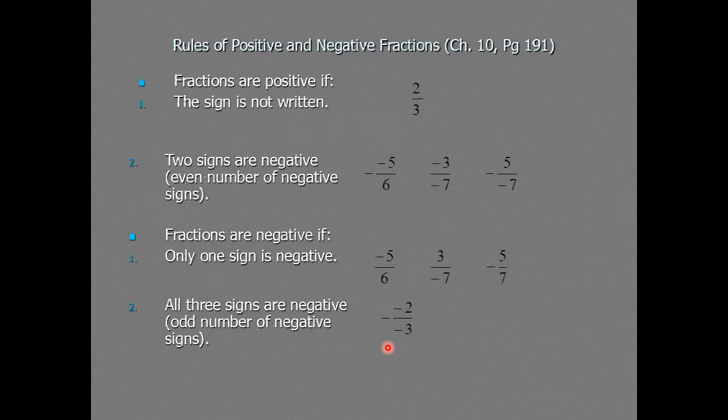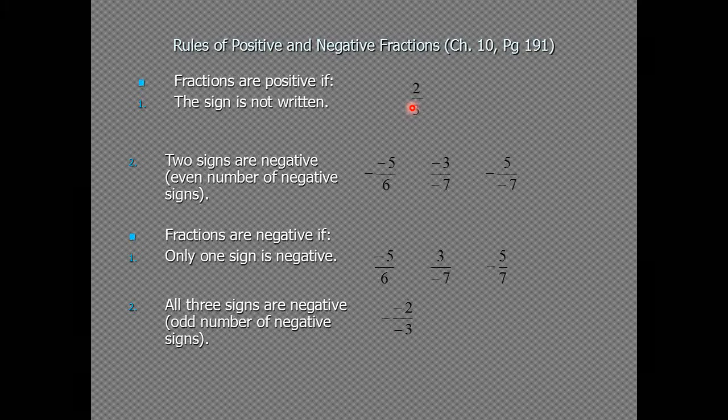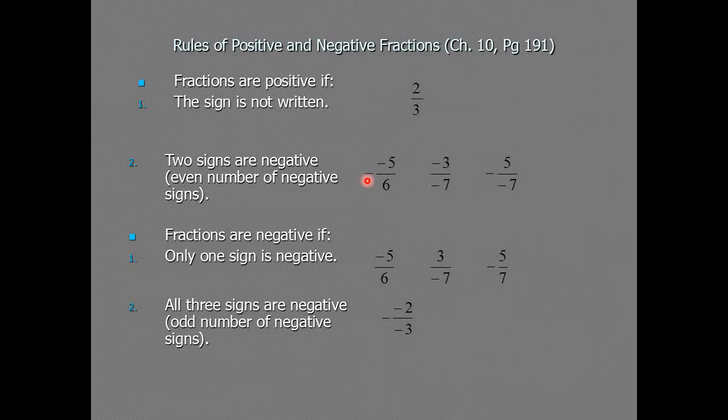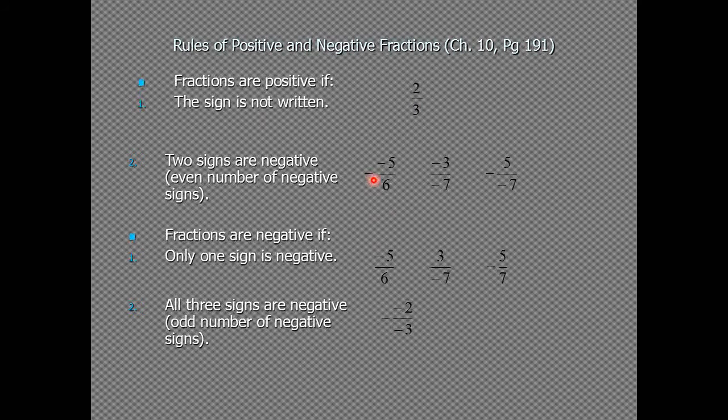We'll try a couple of quiz questions, but before that, let's talk a little bit about fractions with signs. In general, if we have a positive fraction, we don't write the sign, just like with whole numbers. But if there are two negative signs, meaning an even number of negative signs, that is actually a positive number, right? Because if we have an even number of negative signs, they cancel each other,